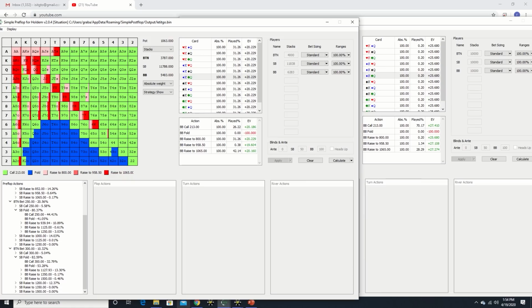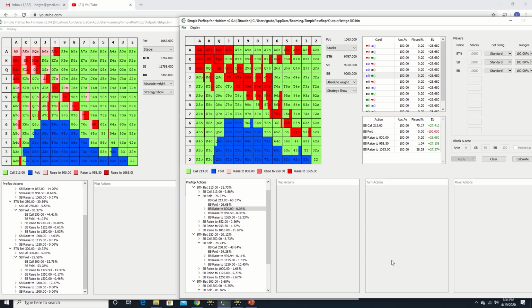It should be noted that the types of combos that the solver chooses to 3-bet change dramatically as well when the SPR is decreased. In the 100 big blind sim, we see that most of the 3-bet bluffs are allocated to suited combinations, whereas in the 40 big blind sim, most of the 3-bet bluffs are allocated to offsuit Broadway combos and pocket pairs.